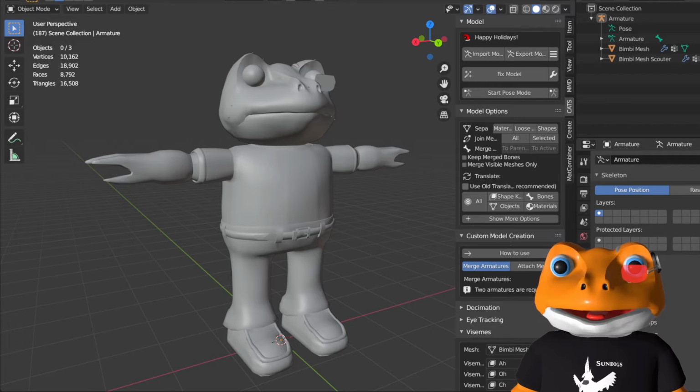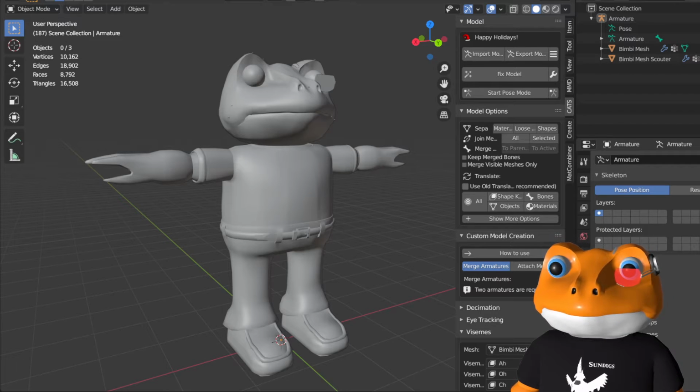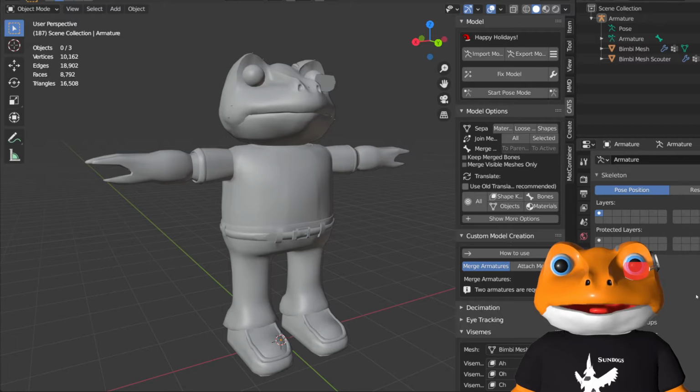There we go. That looks pretty good. I'm still rotated a bit. There we go. Now I'm facing you head on. Okay, so